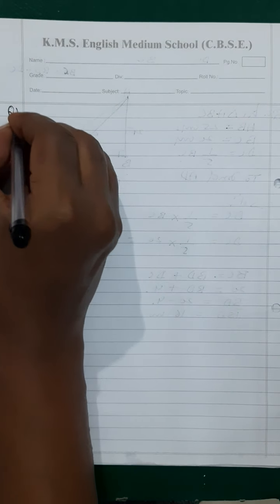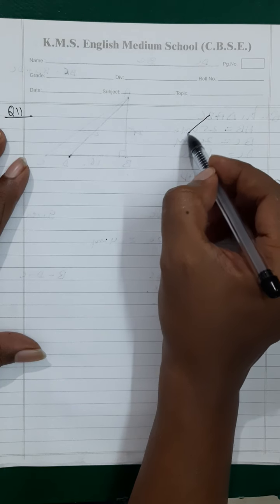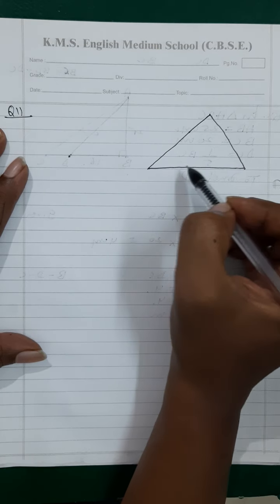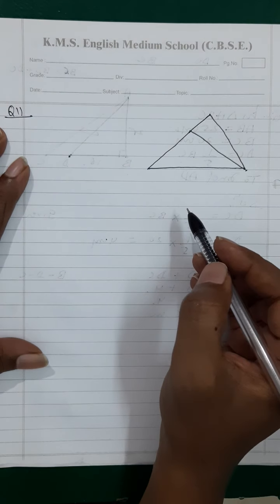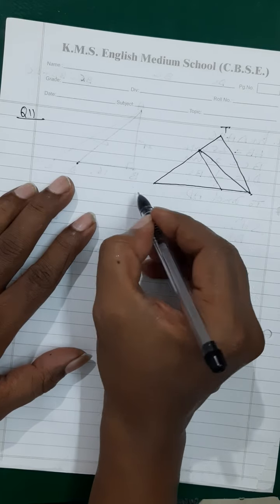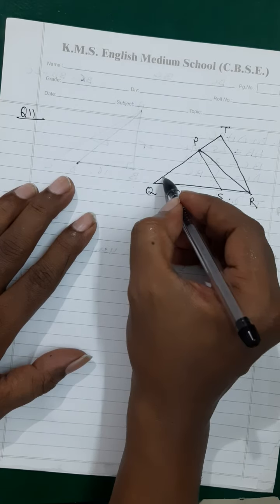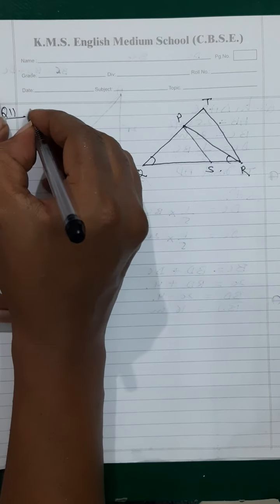Basically here in question number 11, this is a question which is a type of angle bisector theorem question. See here, T, Q, R, P, S. This angle is congruent to this, which is given. See, try to understand, my dear students. In this they have already given lots of things.